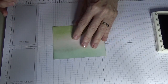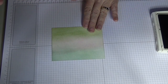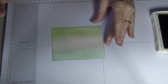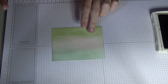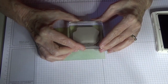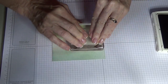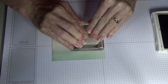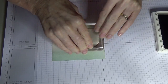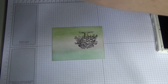And then I'm just going to stamp on the piece that we've made the background with the brayer. I keep saying sponge, but it's not sponge, we used the brayer. So I'm just going to go up there a little bit, and just try and apply a really good pressure without rocking, and you'll get a really good image. Okay,